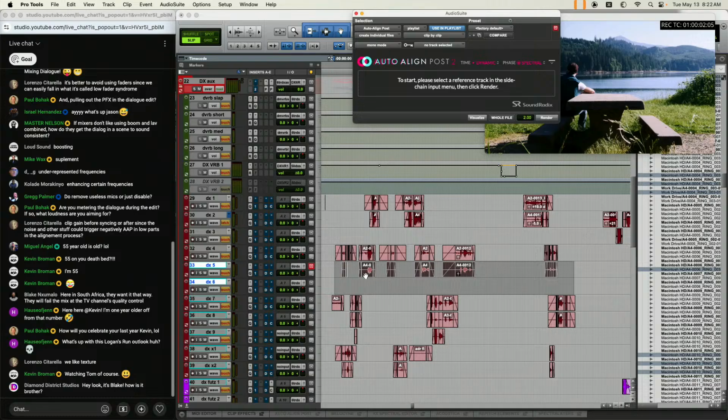But what clip gaining does help is make the imperfections way more accessible to your ears. So early in my career, I would get dialogue edits where the average dialogue was maybe minus 40.